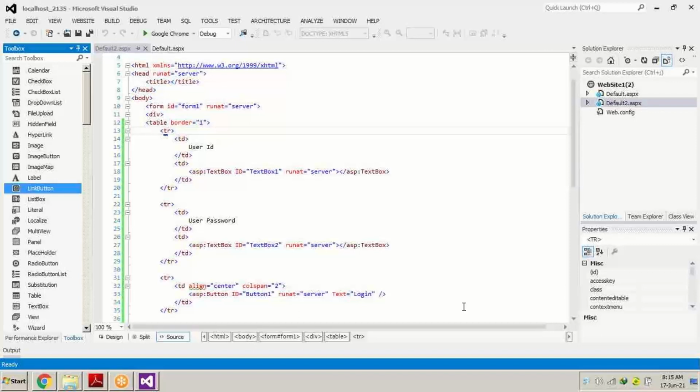There might be some more controls also, because it completely depends upon the requirement of the developer and the client, what all controls they use, but more or less these are the controls which we use to design the login page.